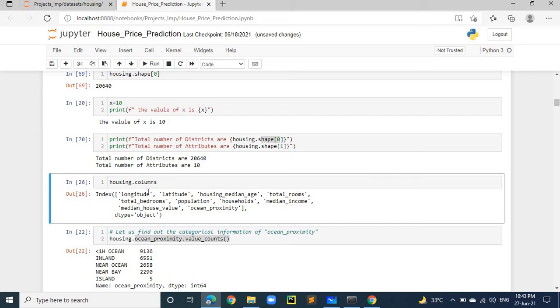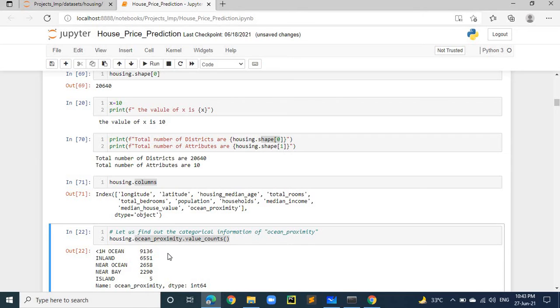And if you want to see the columns the table has, there is housing.columns. By using this columns property, we can see how many columns are there in this data set.